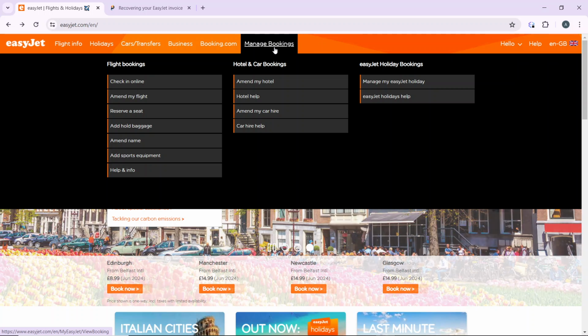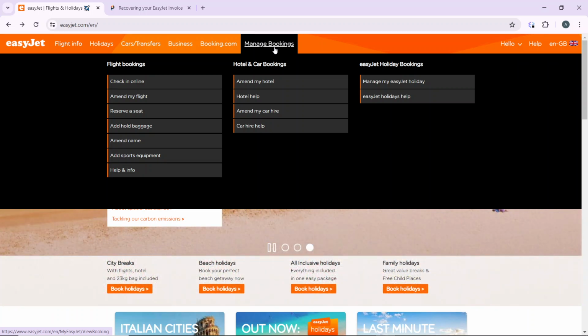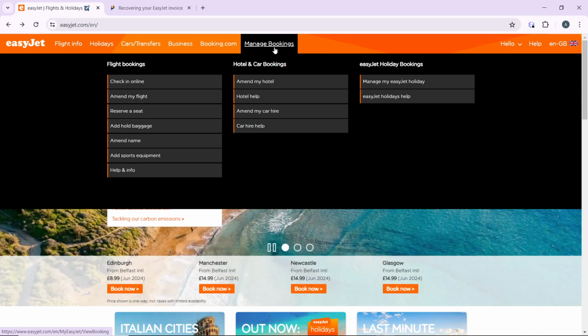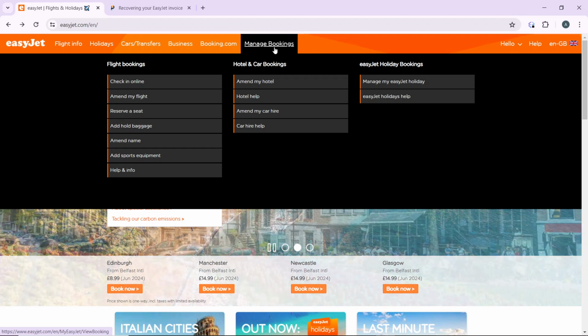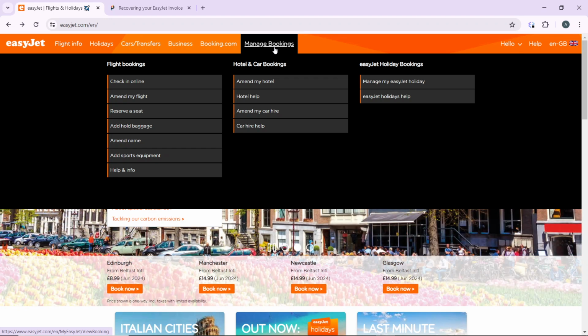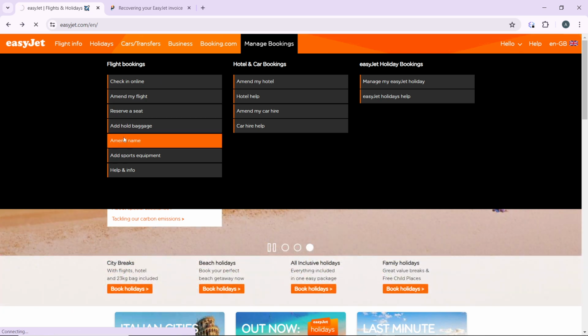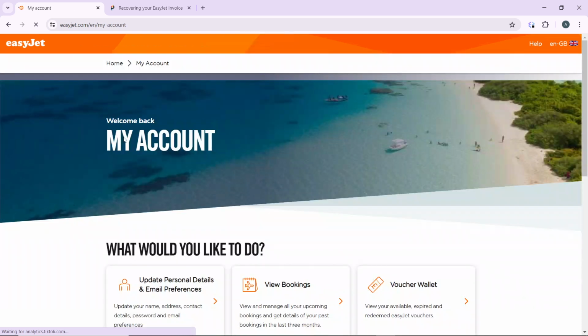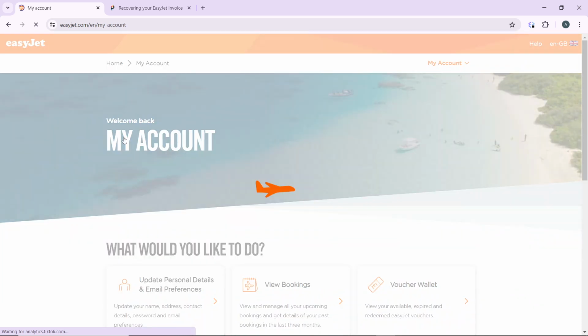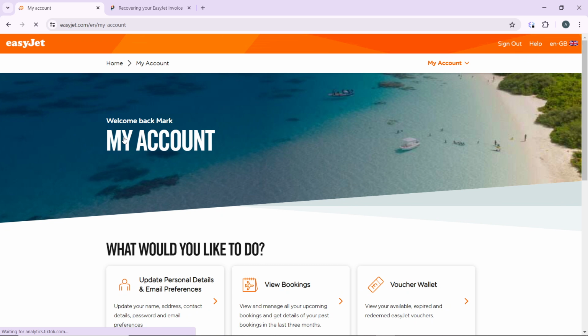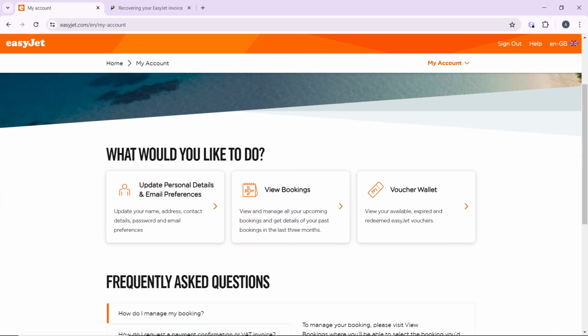You have an extended menu which includes check-in online, amend my flight, reserve a seat, add held baggage, amend name, add sports equipment, and help and info. So I'd like you to go ahead and click on amend name. That takes you to this window. So you can click on view bookings,